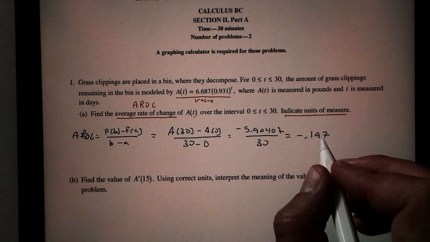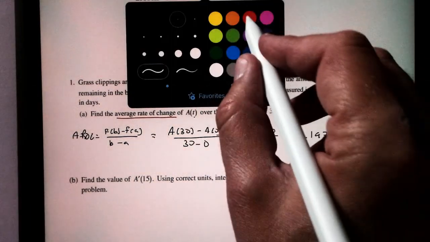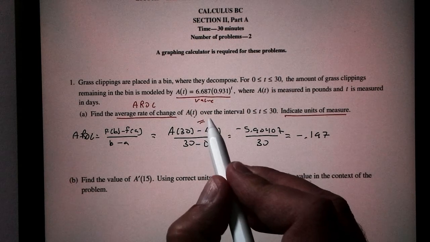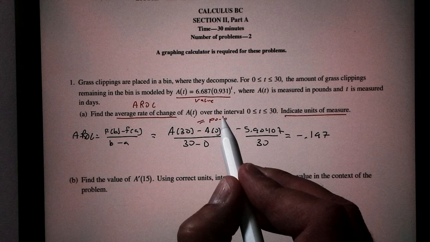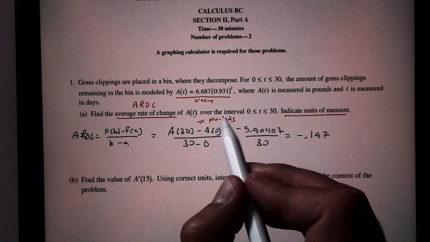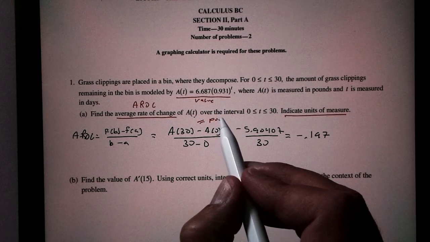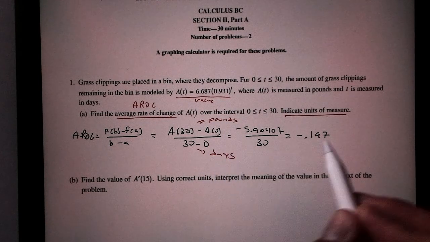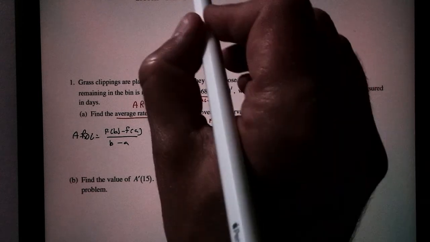And so we've got to get the units right now. Now the units are the tricky part. So if I take a look, well, the top is my change in pounds. So the top is units in pounds. And the bottom is in days. So this would be, in our units,